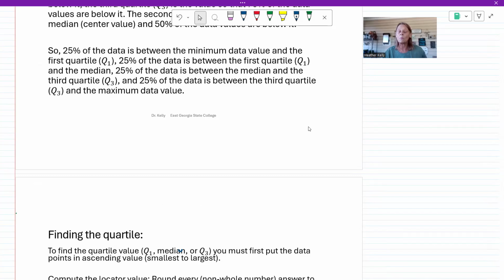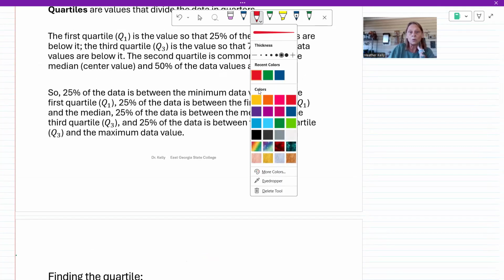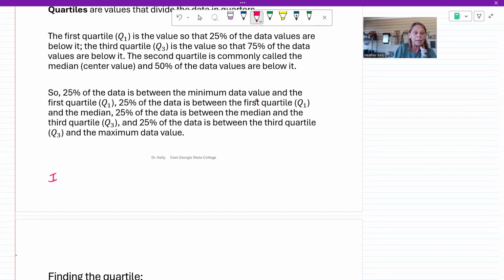Okay, and remember when we did the work to find the median, let's remind ourselves real quick. There were two situations when we dealt with the median. We had the number of data values, that is the variable n, right? So if n was odd,